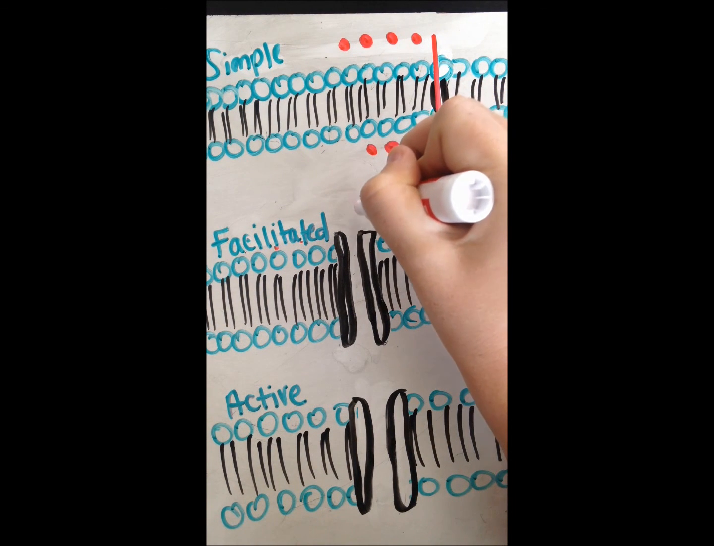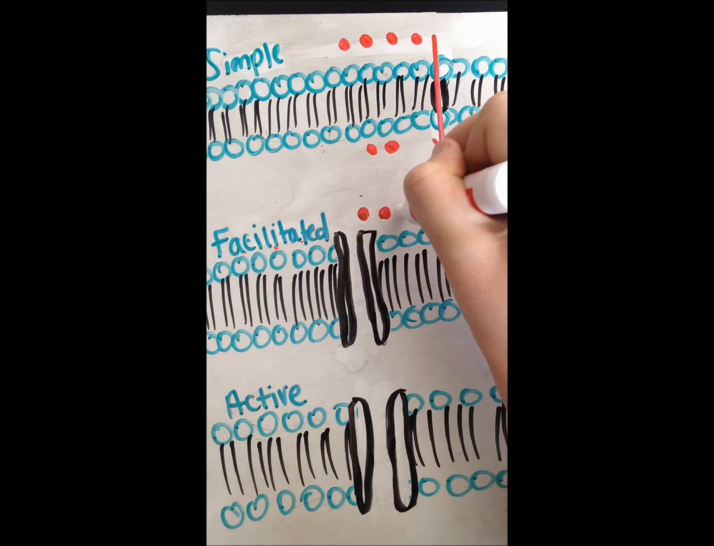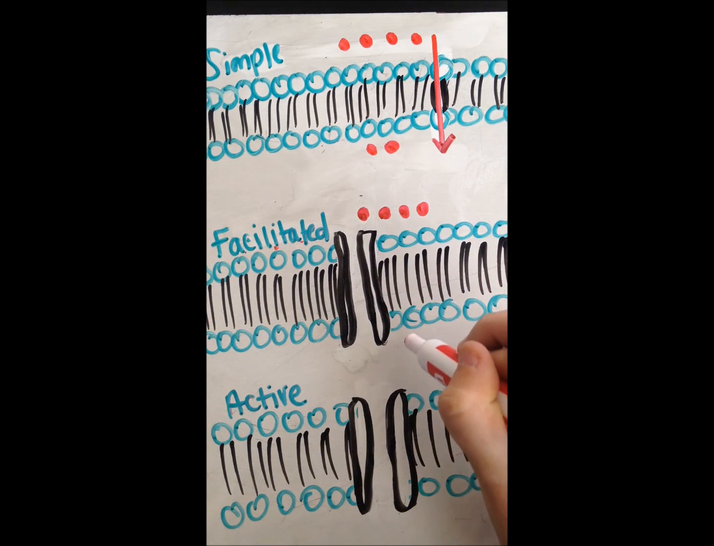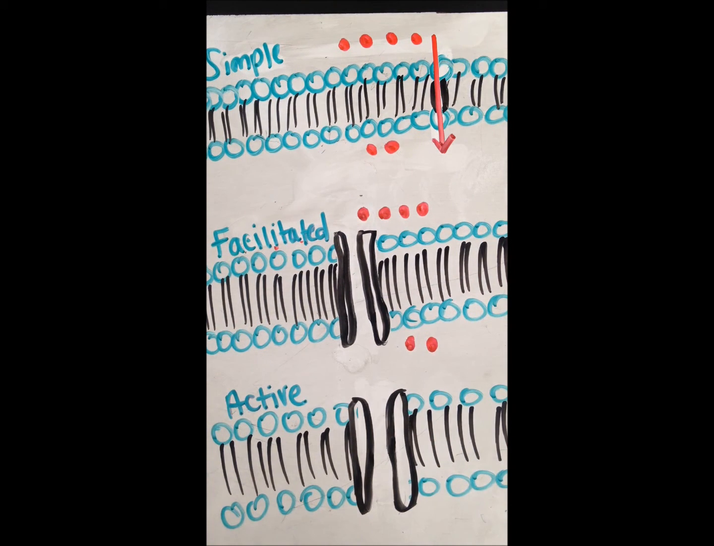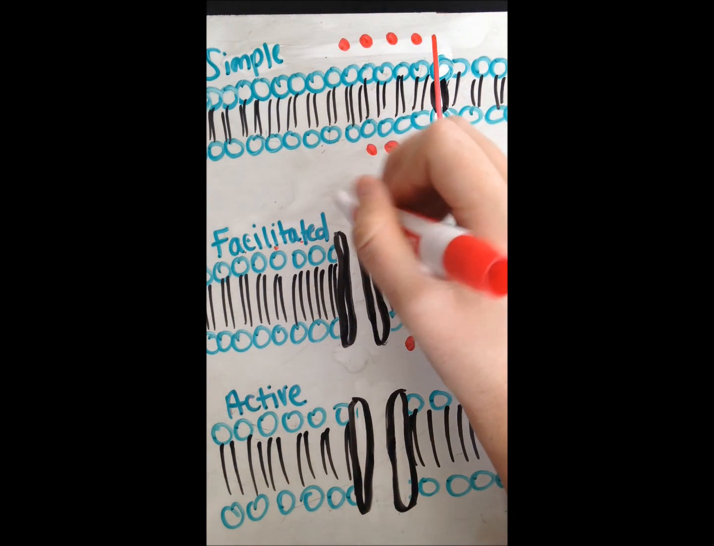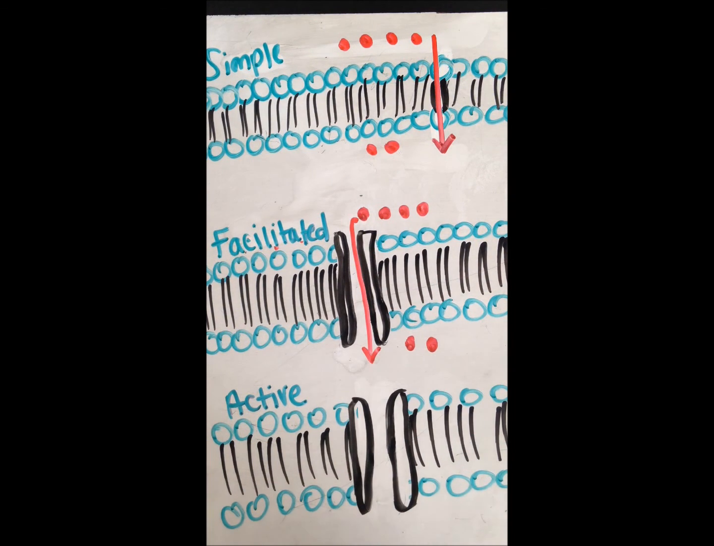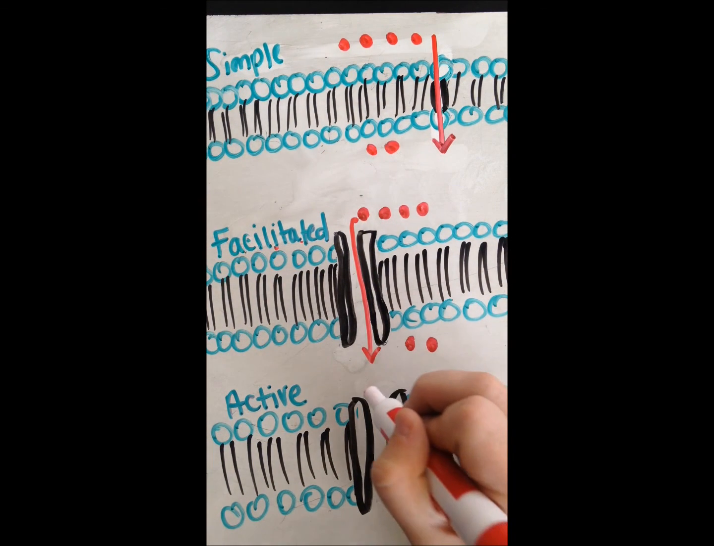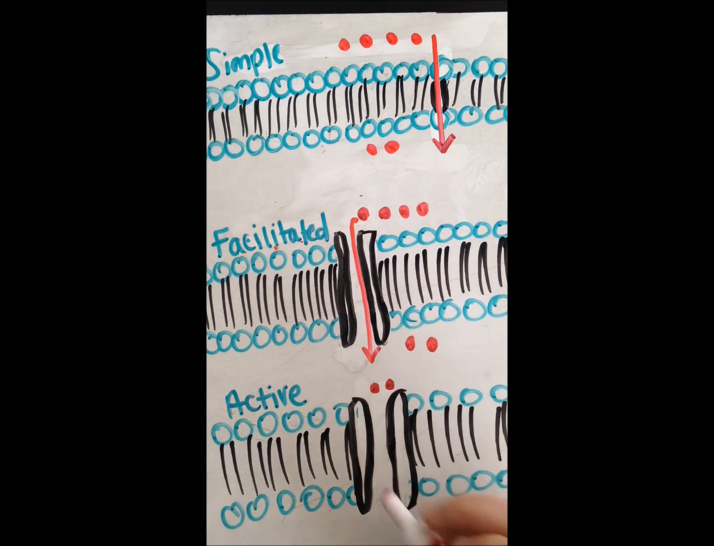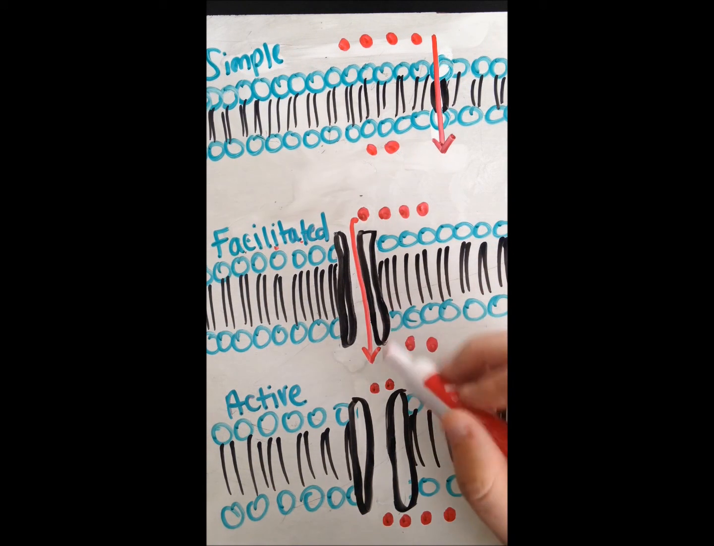In facilitated, it transports ions such as calcium into the cell using a protein but no energy. And then in active, it transports glucose or other sugars from low to high, so against the concentration gradient,